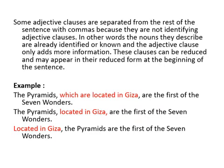طيب ناخد بالنا من حاجة مهمة. تعالوا نقرأ الكلام ده ونشوف معناه إيه. Some adjective clauses are separated from the rest of the sentence with commas. زي ما قلت لكم مرة قبل كده، البنكتويشن في الإنجليزي مهم جدا جدا جدا. طيب بعض ال adjective clauses بيبقى ما بينها وما بين بقية الجملة commas. ليه بقى؟ Because they are not identifying adjective clauses. يعني identifying، to identify يعني يعرّف. Identifying adjective clauses، يعني adjective clauses بتعرّف إيه؟ بتعرّف الاسم اللي هي بتوصفه. يعني إيه بقى؟ أنا بفصل ال adjective clause بكوما